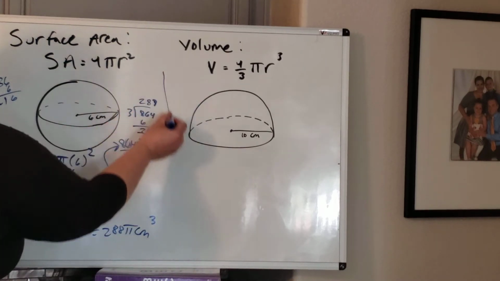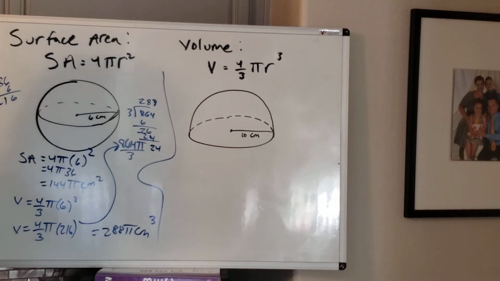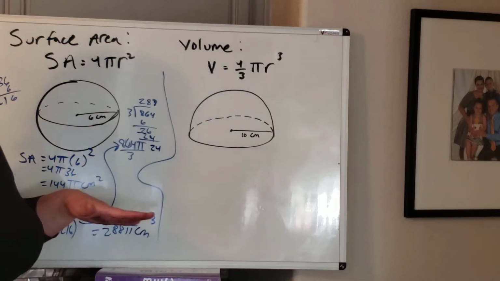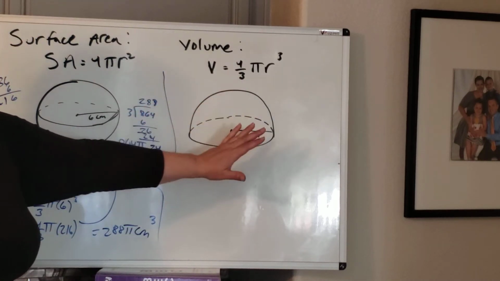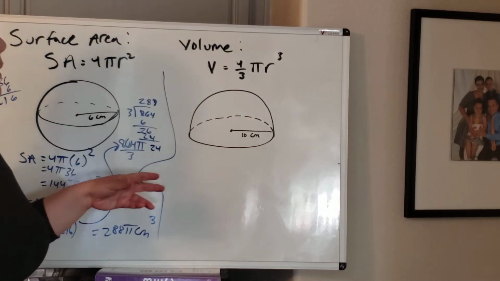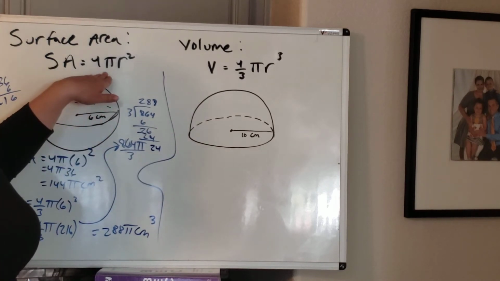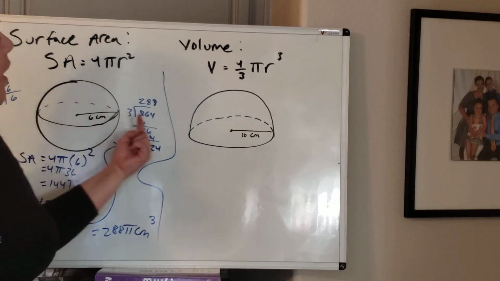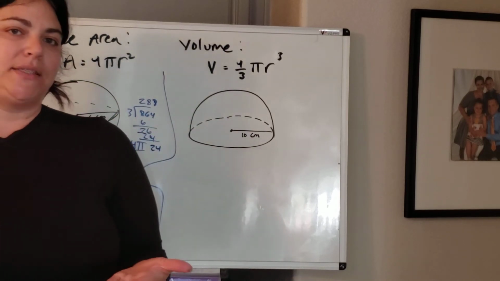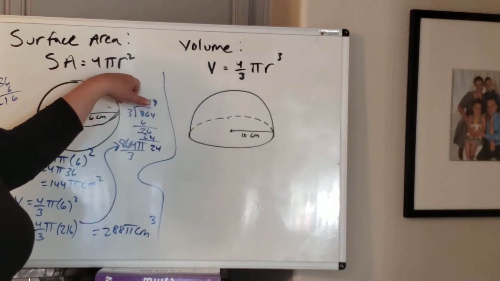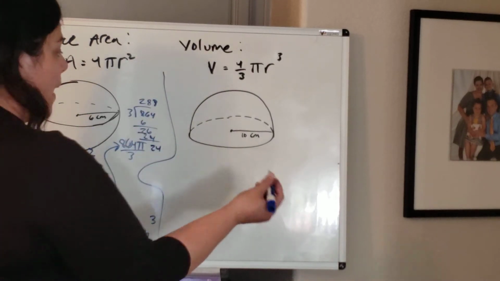Okay, looking at our second example, I'll give that a break right there. We have a hemisphere, which means we're doing half of a sphere. That really doesn't matter with the volume formula because we would just cut it in half. However, it does matter with surface area because we're going to take half of this, but we also need to add in that base, which is that circle. So we've got half of 4 pi r squared, so 2 pi r squared,